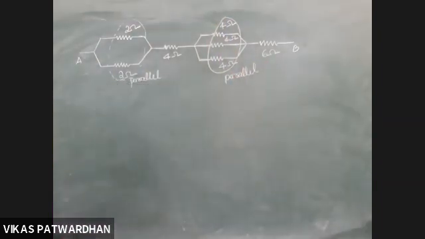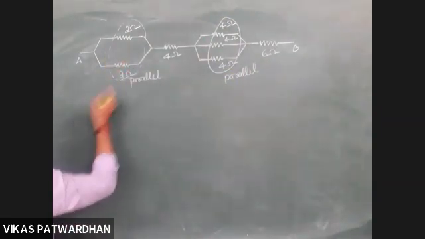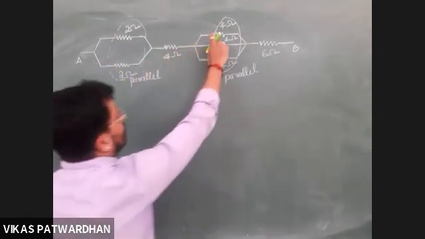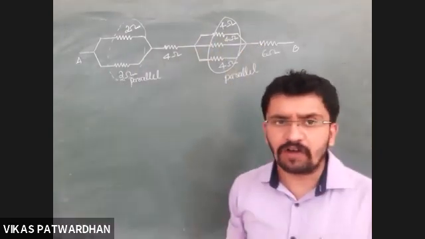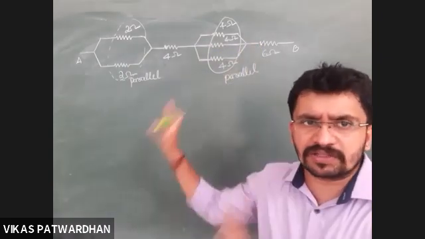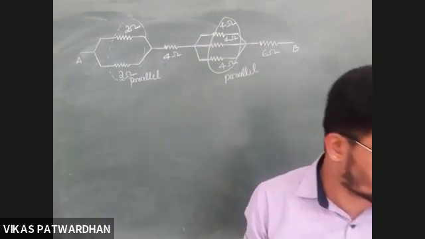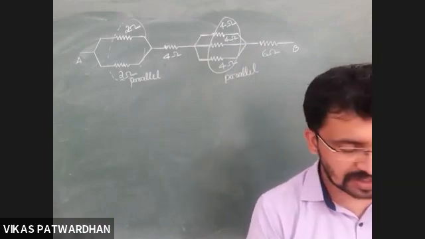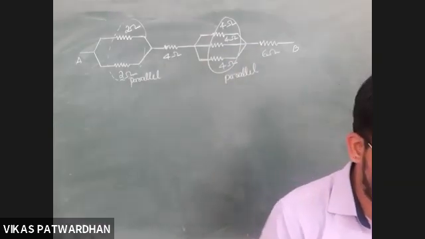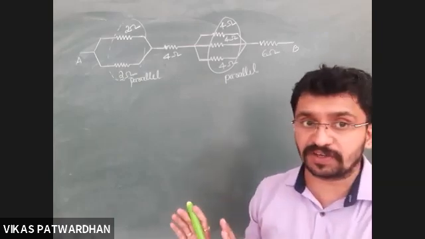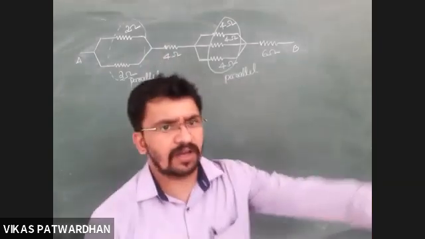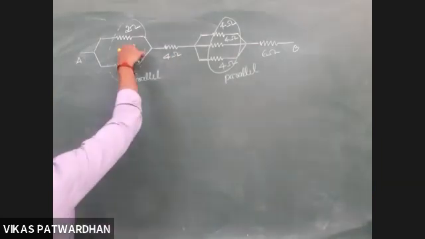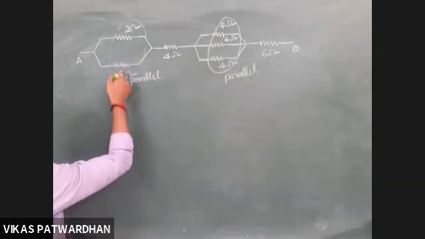Now, I'll start. I'll solve this portion first. You can name them R1, R2, R3, R4, R5, R6, R7. However you are comfortable, you can solve in that process, but answers should not change. You cannot violate the procedure. There is a procedure: series and parallel identification first, then reducing the circuit. That procedure you have to follow. The rest is your wish. Now, these two are in parallel. I'll write it immediately here.